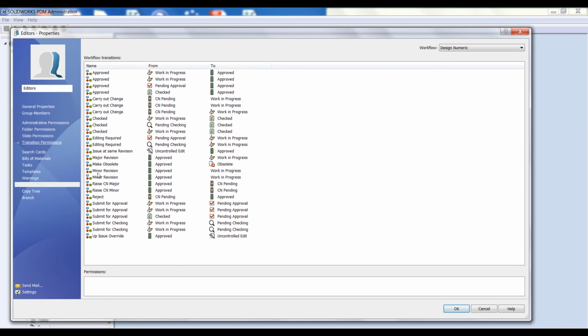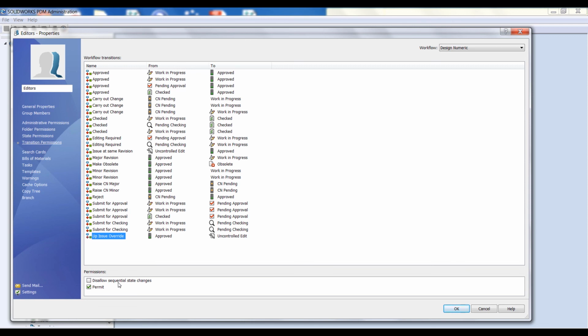Transition permissions. Transitions are used to move a file from one state to another. Here you can see a list of transitions and what state they're coming from and what state they're going to. Clicking on any transition, there are only 2 permissions available: whether you're allowed to permit it, and this option here called disallow sequential state changes. This option is generally used when, for example, you've got a user who is a designer but also a checker.